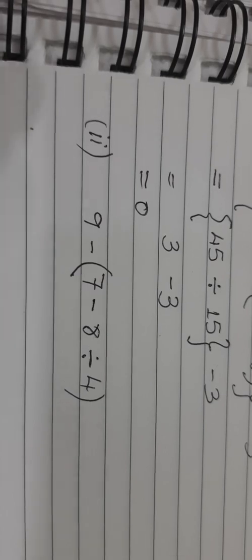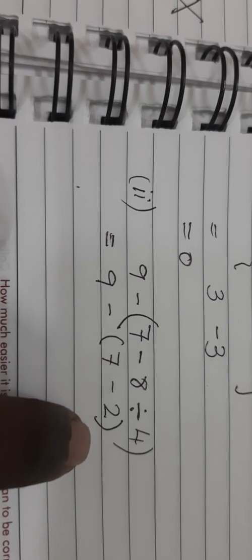Now the next question. Here we have 9 minus first bracket, and inside the first bracket you have 7 minus 8 divided by 4. As you can see, inside the bracket also there are multiple operations. Subtraction is there, division is there. So inside the bracket also the BODMAS rule is going to be followed. In the BODMAS rule we know division's preference is over subtraction. That means division is to be done before subtraction. Here is division, here is subtraction. Whose position is before? Division's position is before. So first we do division, then we come to subtraction. So in the bracket also we are going to use the BODMAS rule. So let us do it.